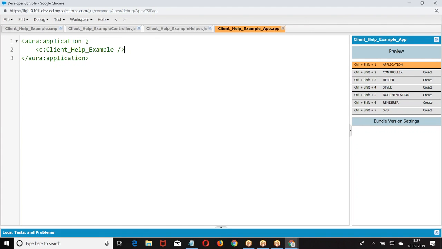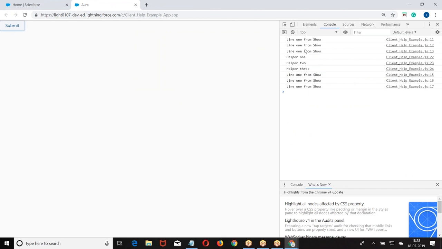I'm not using any components here. I'm giving only lightning button. Go to the preview. Inspect the element. From debug, open the console. Submit. What is the output we are getting here?